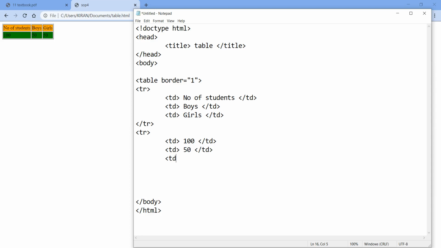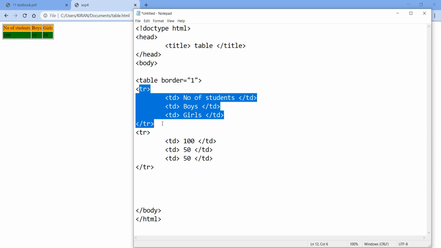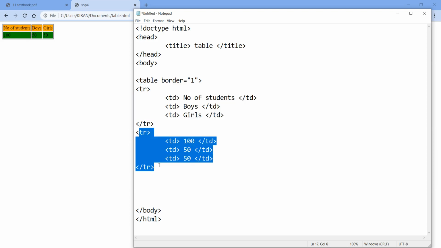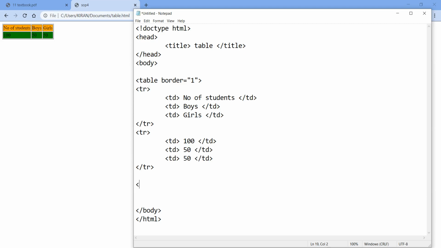This is the last column, 50, TD close. Okay, so both the rows are completed. Now I will close the TR tag. Okay, so we have created both rows in our table tag, and after that we will finally close the table tag.